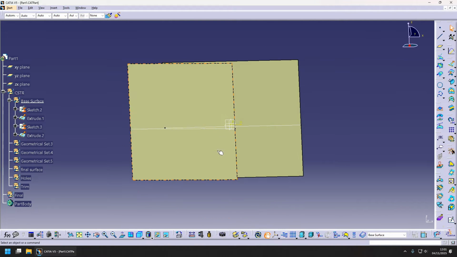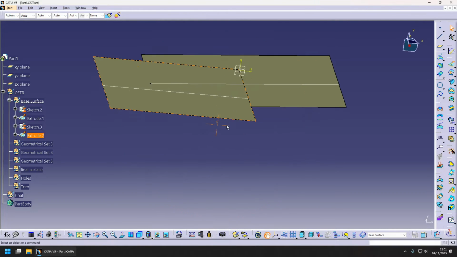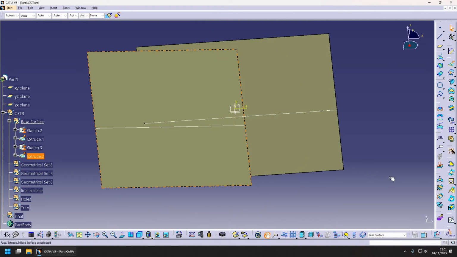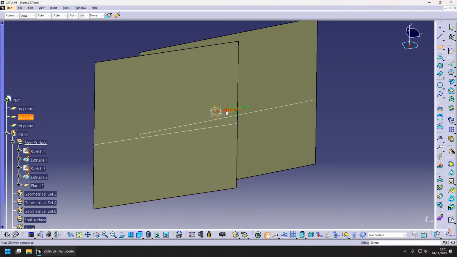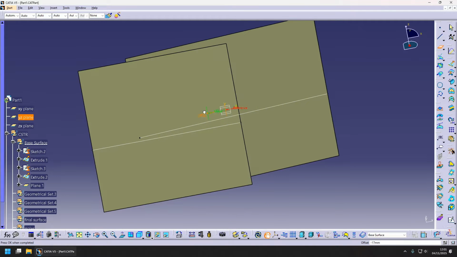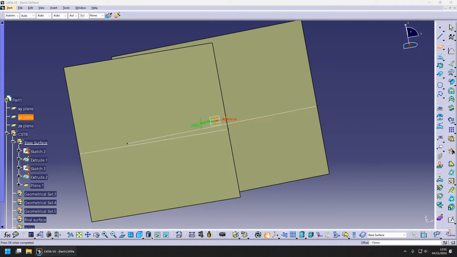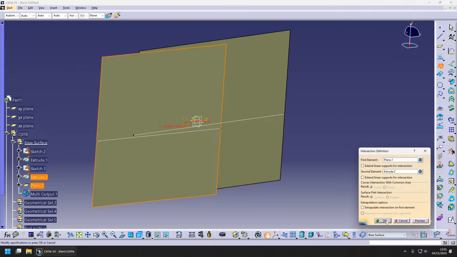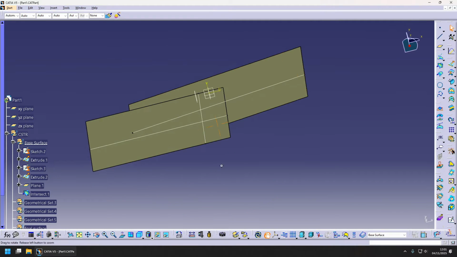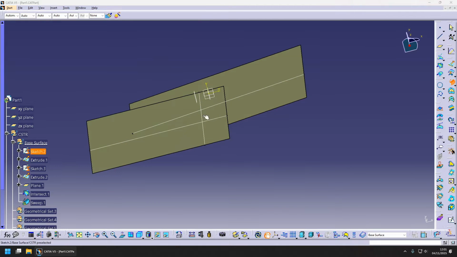And the final surface will be something connecting these two. But this one, we want to control a little bit better. So what we're going to do is create an offset plane from this one. So it's 15 millimeters in this direction, and we're going to intersect this to this surface that's parallel to the axis, and for this one we're going to do a sweep